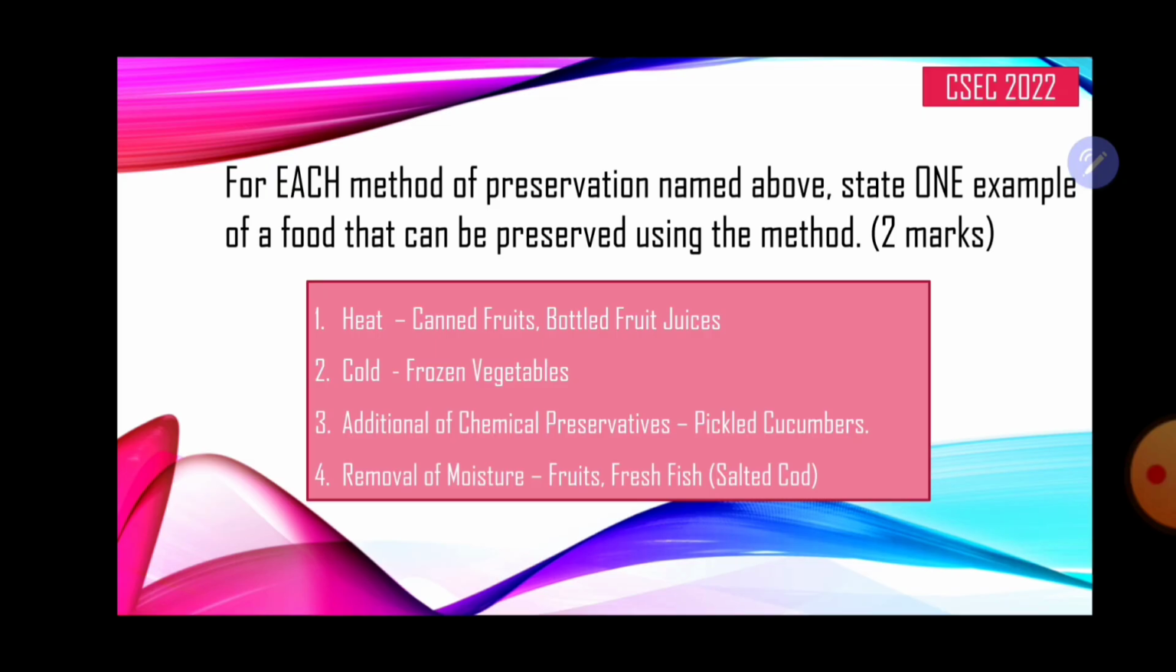or it may be bottled fruit juice that has been passed through the process of, say, pasteurization, a quick heat process that kills harmful microorganisms. For cold, we could say frozen vegetables. Addition of chemical preservatives, we could say pickled cucumbers. It could also be pickled peppers as well. And the final one here, we have removal of moisture, and examples are fresh fruits, such as, for example, fresh grapes are dehydrated and then we get raisins, or fresh fish,